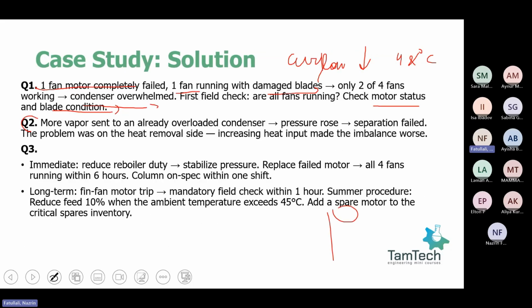As I drew previously, you have a distillation column. At the top, you have a condenser. At the bottom, you have a reboiler. Yes, the reboiler is generating vapor. As it's known, the vapor has to be condensed at the top with the help of the condenser. The condenser was already overwhelmed because 2 out of 4 fans are not working properly. Increasing reboiler duty means that you send more vapor to your condenser. It means that more uncondensed